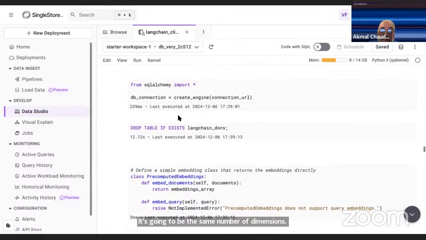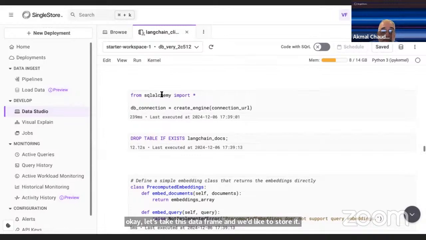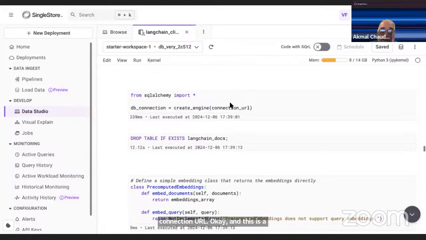The next step is to take this data frame and store it in SingleStore. So we use standard SQLAlchemy here, and create a connection with create engine and a connection URL. This is a little bit of magic, so you don't need to know this, but it is picked up from above.